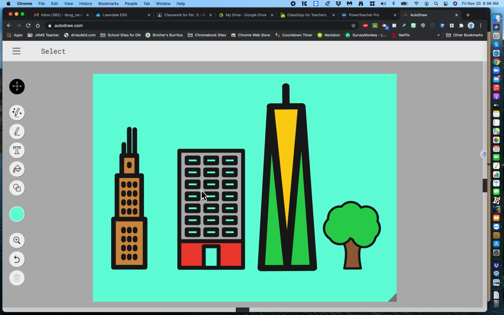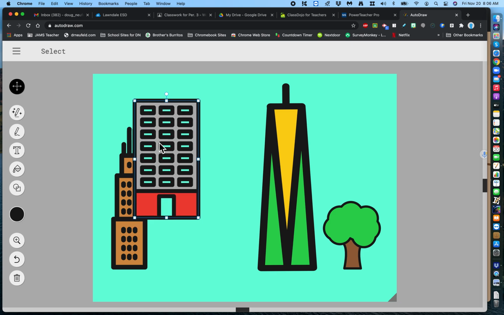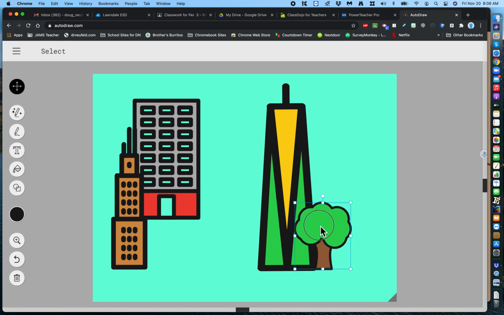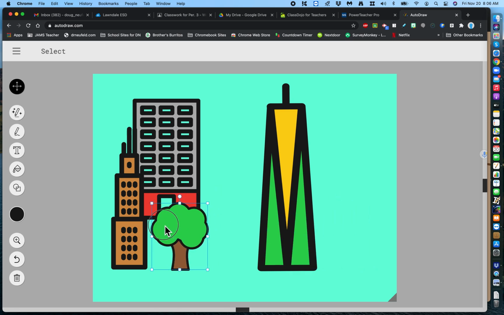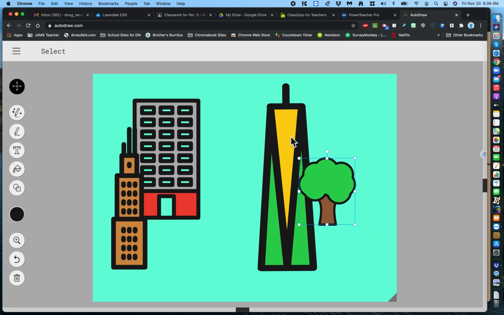Now, if you want to layer, this is what I was going to show you. Say the street is going backwards down, or this is behind this building. You have to use a certain key, so check your directions because I can't even describe it. But when I press that key, it puts it backwards. Okay, and that's why I could put the tree here, and it's already in front of the building because it's the last one we put in. What if I said this street goes back and this building is in front? So now I could put it in front of the tree, and it could be two streets that go backwards. In fact, if we put in the shape,